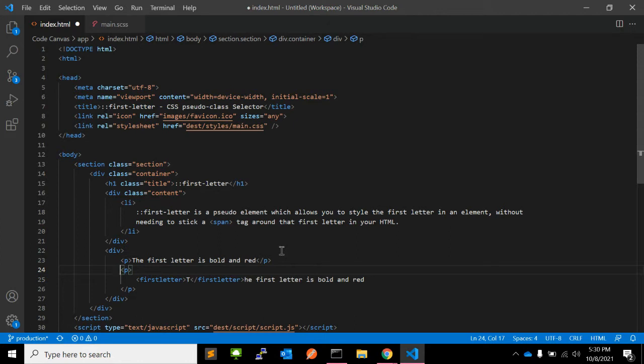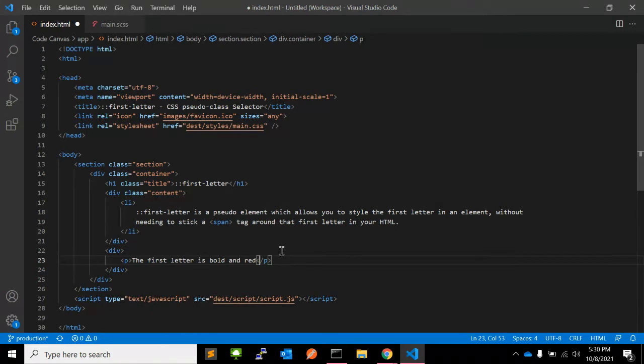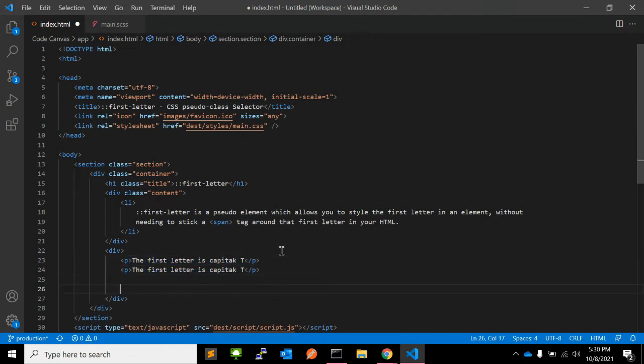Let me show you one more example. I have one paragraph, and I'm writing the first letter as capital T, and I'm repeating this paragraph 4 times.